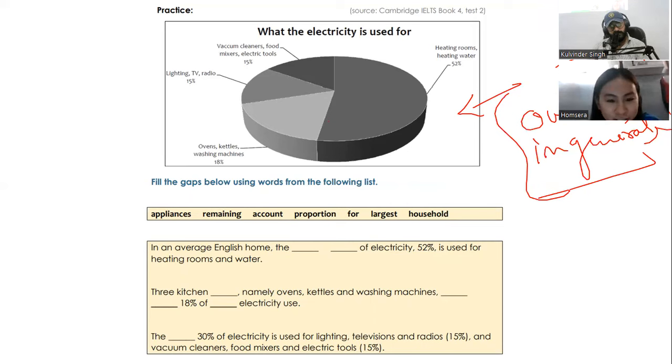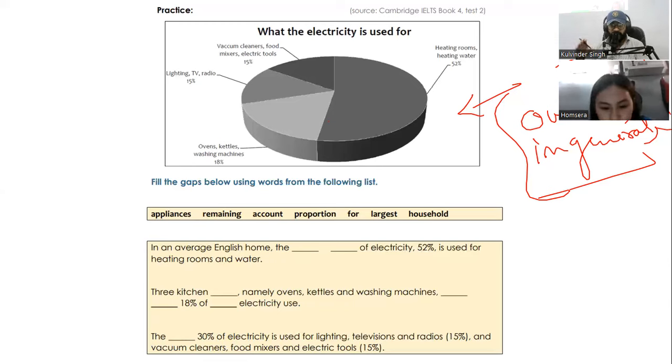So in general, among the 3, electricity, we can see heating room has the most use. It's an incomplete sentence. That's basically in the past tense, so we have to be in the past tense as well. So let's make it: in general,